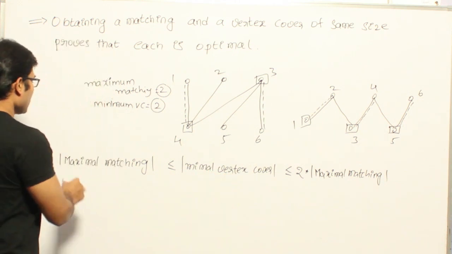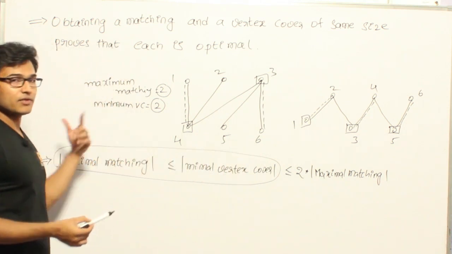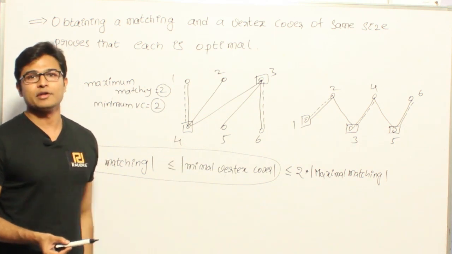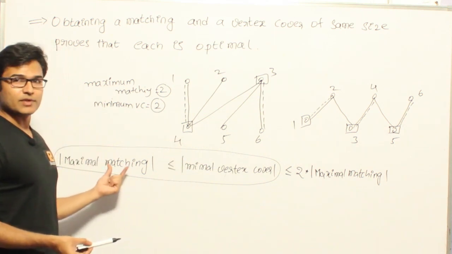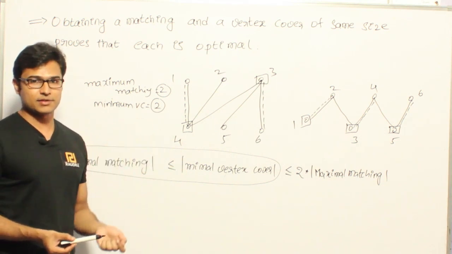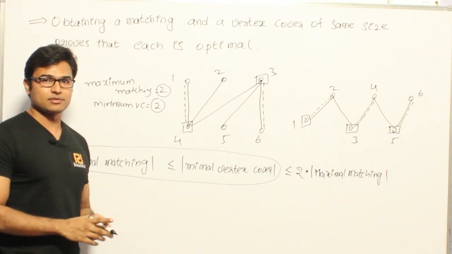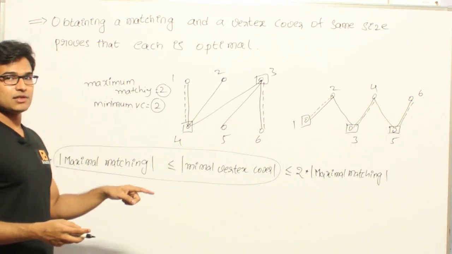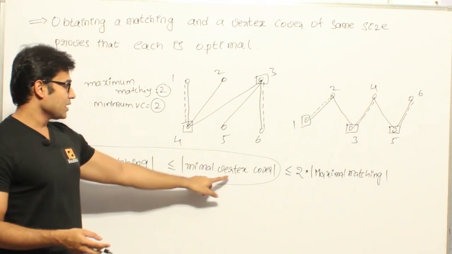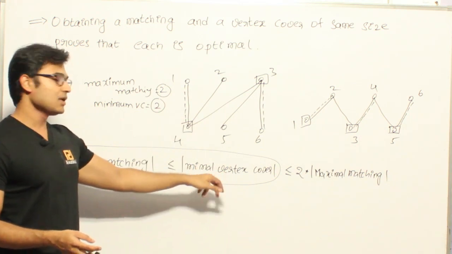This point I already explained in earlier videos. I told you that the vertex cover should always be greater than or equal to the matching. The reason is, you take any matching, you are supposed to cover all the edges in that matching, and so you have to include those many vertices, right? And in order to cover the remaining edges which are not in the matching, you might sometimes have to include more vertices. Therefore vertex cover will always be greater than any matching,